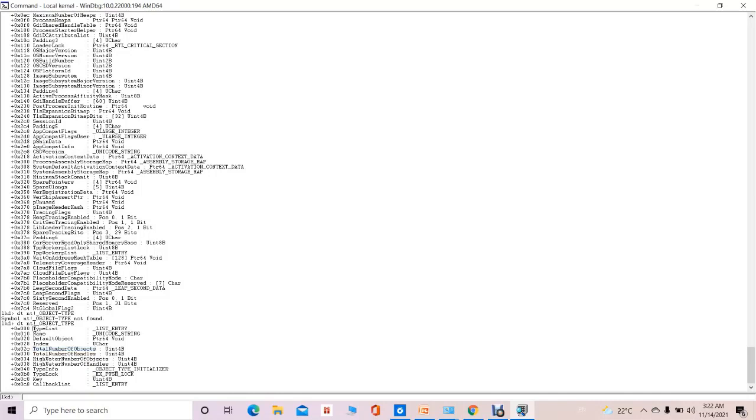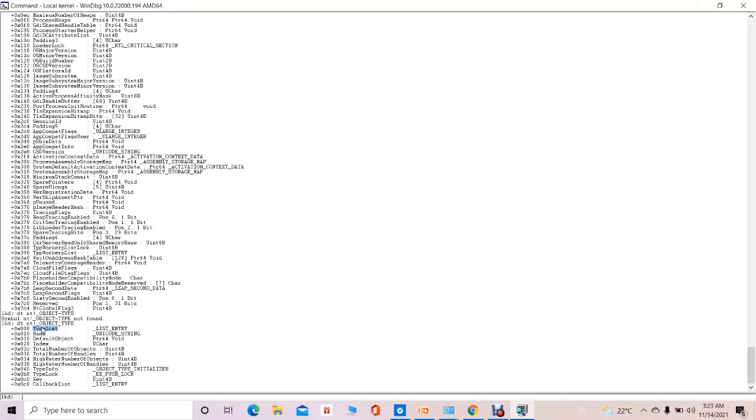Then the type list. The objects which are open in the main memory, the volatile memory, are arranged in a circular list. The beginning of that list and the ending node of that list have their entries in the type list.